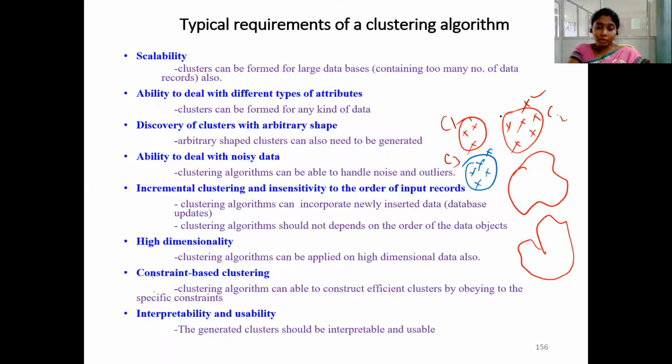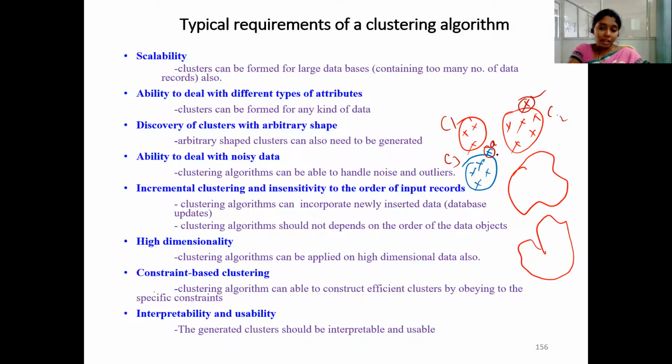But because the algorithms generate only spherical shaped clusters, they don't consider these objects as part of the cluster since they are out of the boundary. In reality, they belong to this particular cluster.